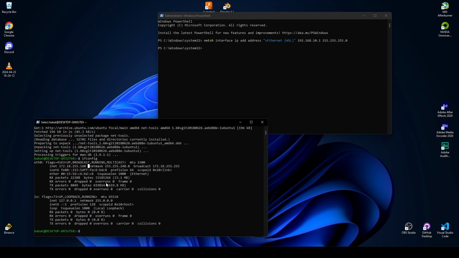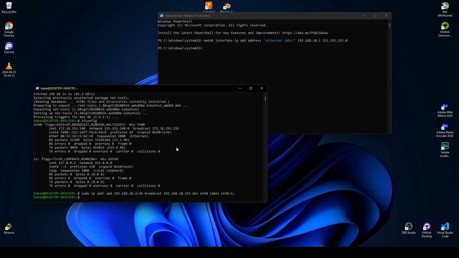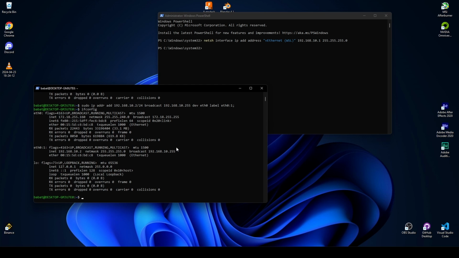And then in the Ubuntu WSL terminal, copy and paste this command and hit enter. Now we check again that the IP address configuration is successful. Now we have this IP address.